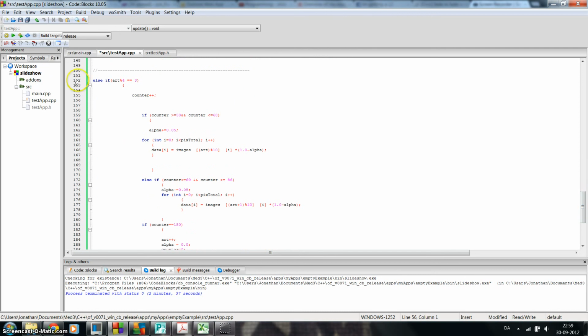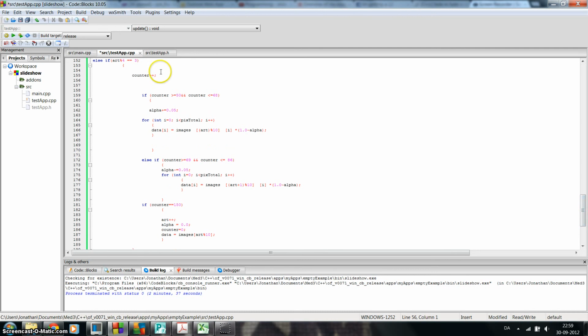Yes, and here we have the fourth transition. The fourth transition is a fade out, fade in transition. Here we have the counter again, an if sentence of the counter, that if it's between these values of the counter, then it will increment the alpha by 0.05 and run this function, which